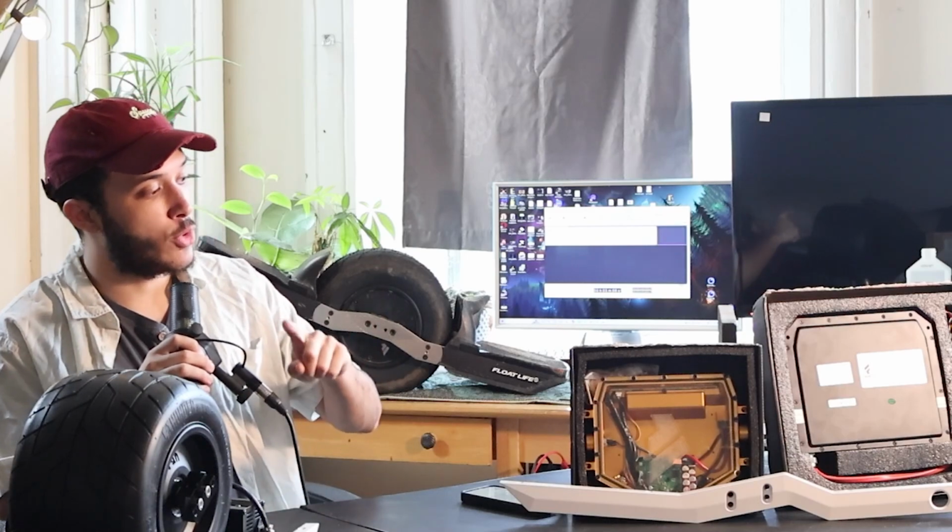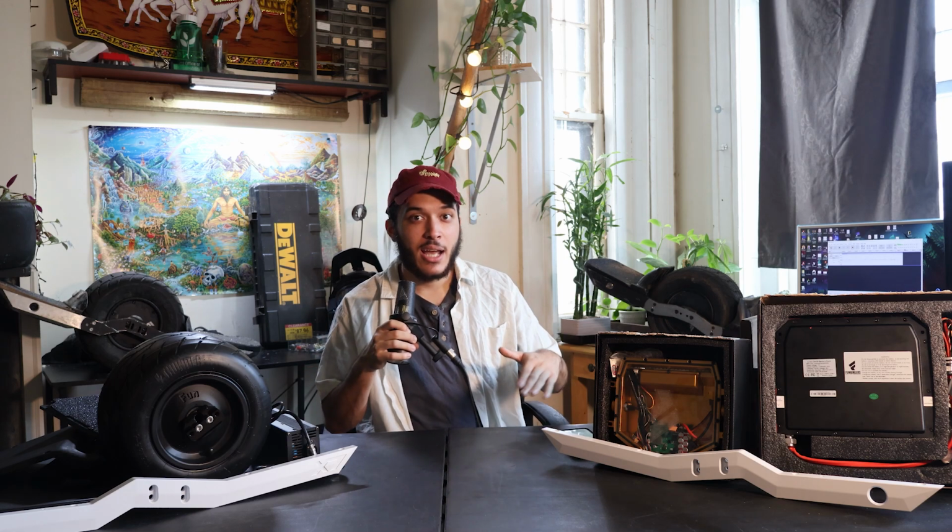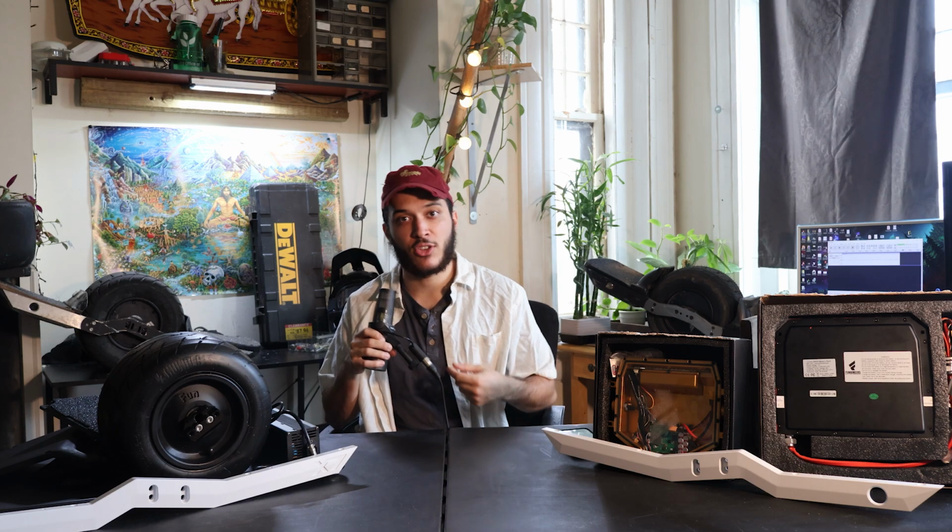VESC-based board. In this Fungineer's overview, I'll be going over a handful of things. One, I'll be going through each of the major components inside the Funwheel X7 and also talking about a handful of other Fungineer related topics. I'll be going through an entire hardware assembly guide and then also going through the programming software side of the